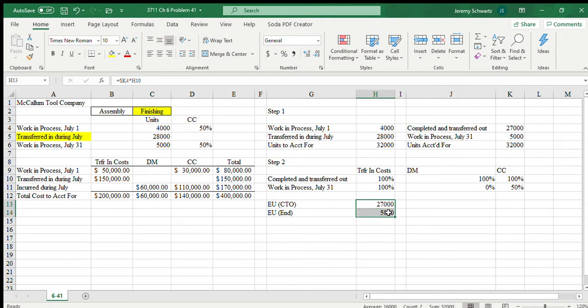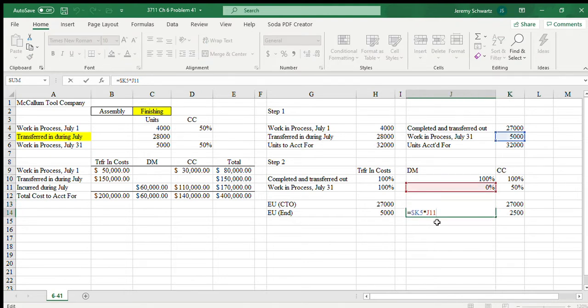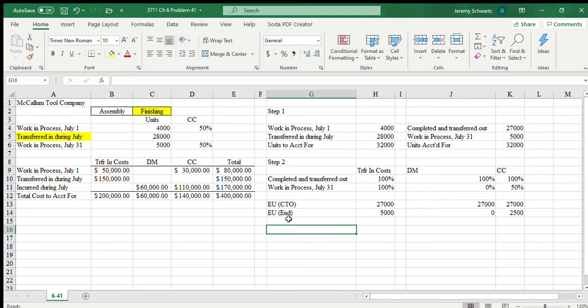So that when we copy this formula over for direct materials and for conversion costs, just copy paste, we see that these formulas work our way through, so that when we total this, then the equivalent units of units accounted for